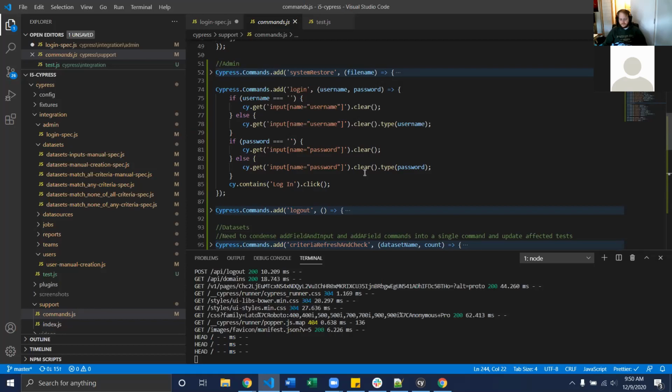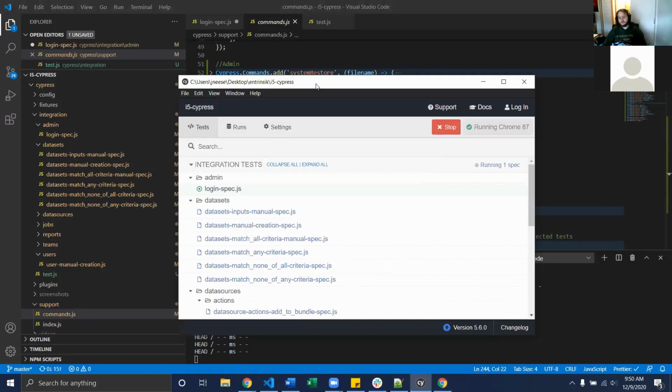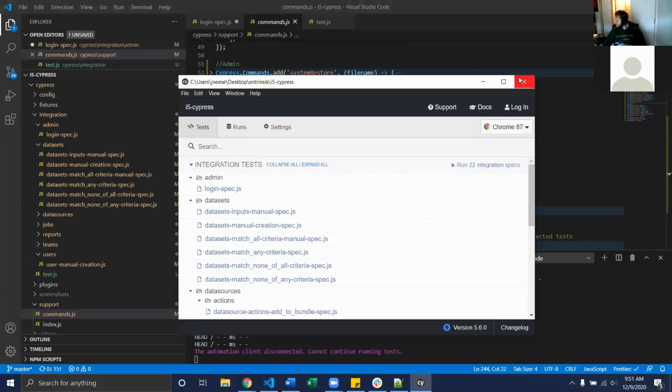Those, like .visit, .get, .click, .should, are the most common commands that I use. Another thing to keep in mind with Cypress is that there is also a way that you can run them called headless. That's if you want to run a test but don't need this whole UI to show up, you can use a command like,